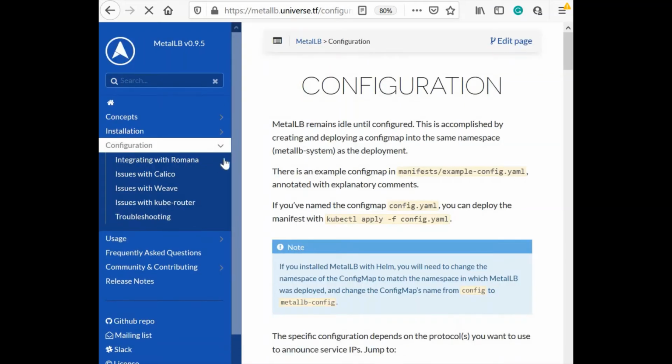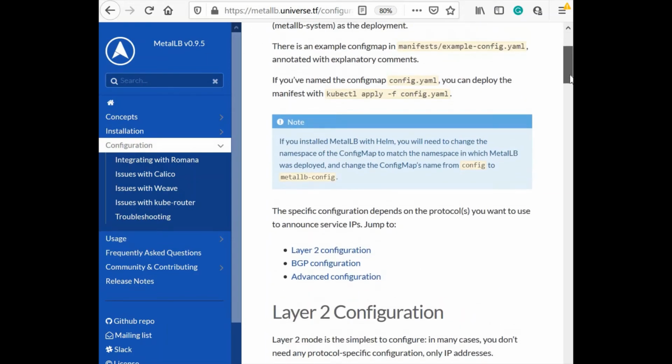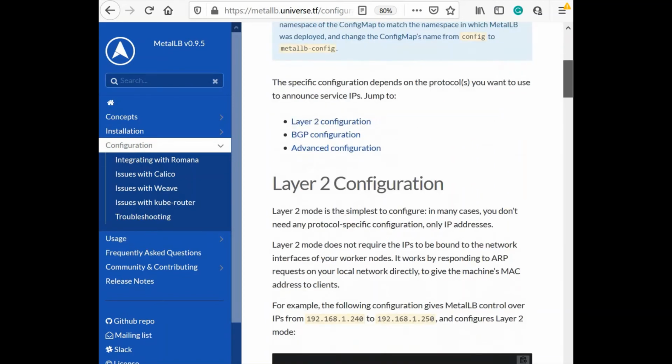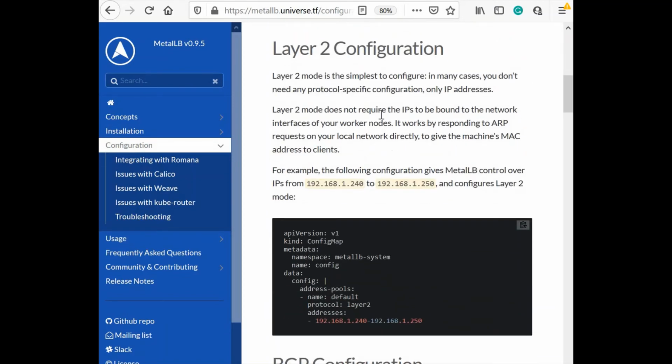If we have not done the configuration, then it's not enough to just install the metal LB. We have to follow the configuration part also. So what does it say? Here we are following the layer 2 protocol, so we will follow the layer 2 configuration. This says that we need to create a config map, and in the config map we need to give the IP range that we need to assign to our deployment service. We can take any random IP just for testing purposes.